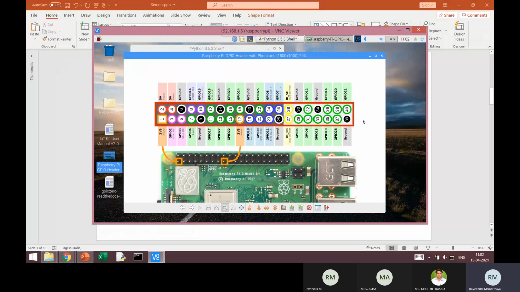So if you use board mode, you cannot use BCM numbers. I mean, you will be addressing the wrong pin. Okay, so that's very important. In a given project or in a given experiment, you can have only one kind of mode, either board mode or BCM mode. But it is advisable to use BCM mode for many good reasons.